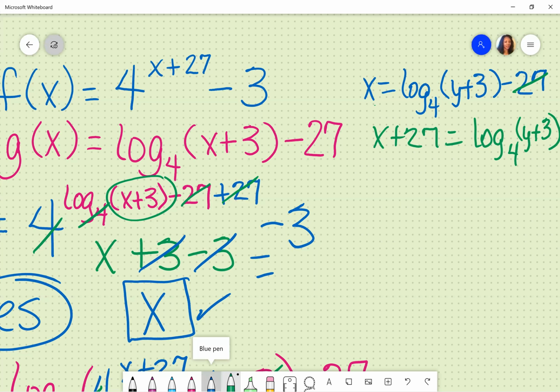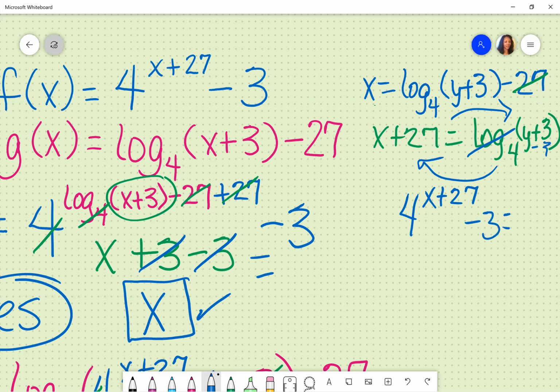So now I want to put it in exponential form, get rid of that log. So that will be 4 raised to the x plus 27 is equal to, actually, I'm just going to go ahead and subtract my 3s. Minus 3 is equal to the inverse of f of x, or g of x in this case. So guess what? Ta-da! That's another way of doing the problem if your instructions do not explicitly state